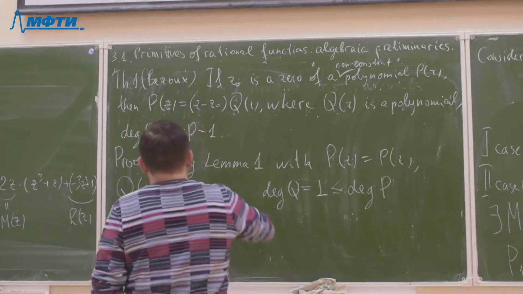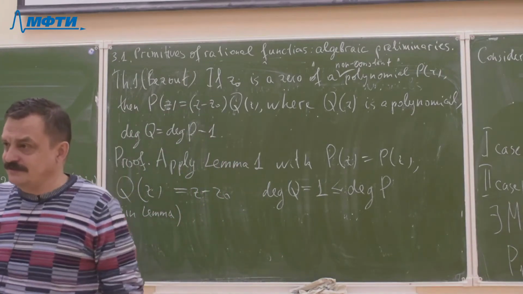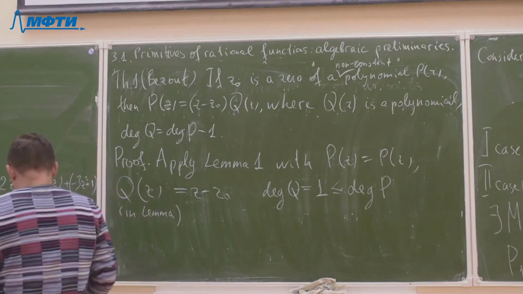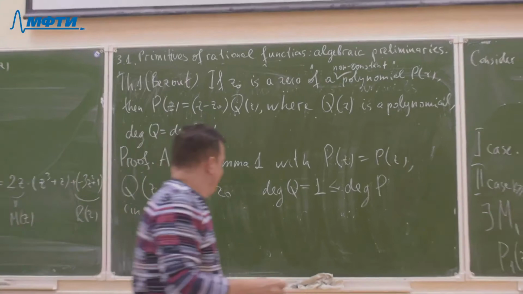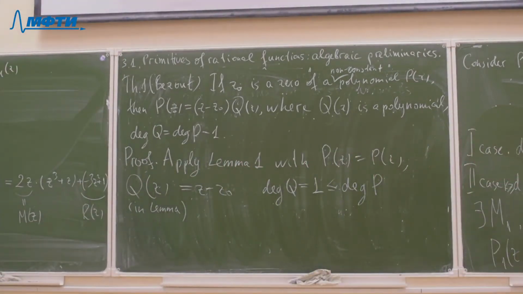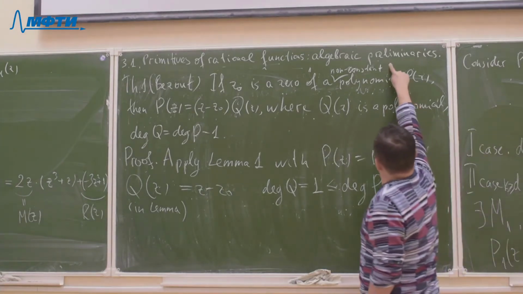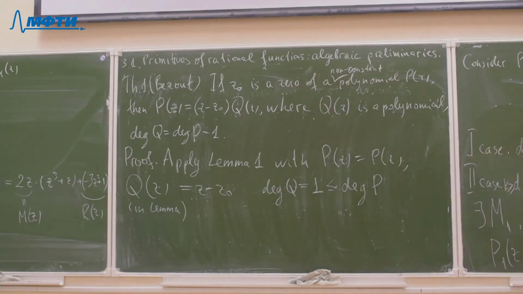Bezout, thanks. Yeah, thanks. I forgot how it is written in French. Okay. Non-constant, yeah, because otherwise, if P of Z is identically 0, then of course it's not true. Okay, so